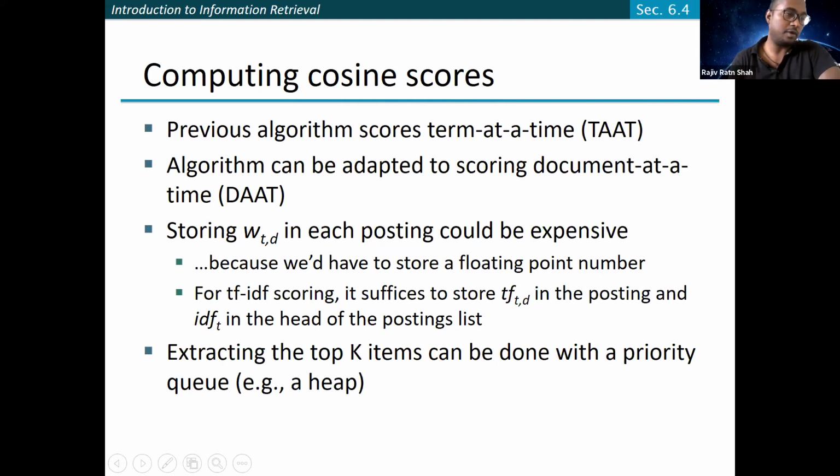So what are the other optimizations you can think of? Another optimization you can think of in order to speed up the retrieval process. Is it feasible, what do you think, to compute the cosine similarity of the given query and all the documents in your database? Do you think it is feasible in real time?